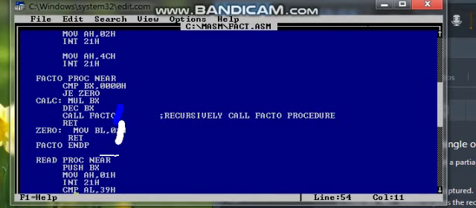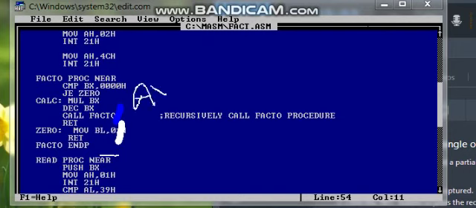If your BX is 00h, then jump if equal to 0, it will jump to label 0, and as we know the factorial of 0 is 1, so it will move 01h into BL. If it is not 0, then it will multiply with BX, meaning MUL BX will multiply AX into BX.